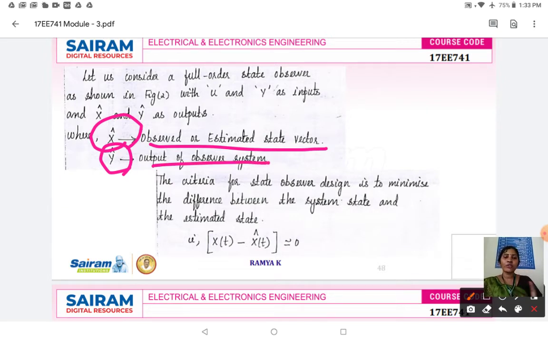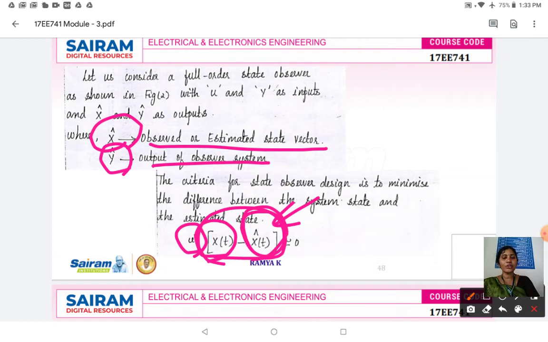Using this, you are going to frame a new estimated state. U is your input, x of t minus x-hat, because it is your estimated. Estimated will have some error. In order to reduce the error, in order to reduce the fluctuations, oscillations, we need to compare it with the original term. So the estimated term needs to be compared with the original state variable, x of t minus x-hat. It is the estimated new state vector.